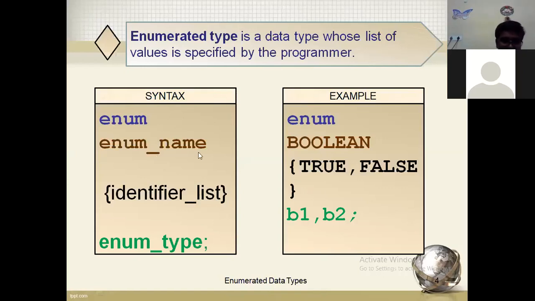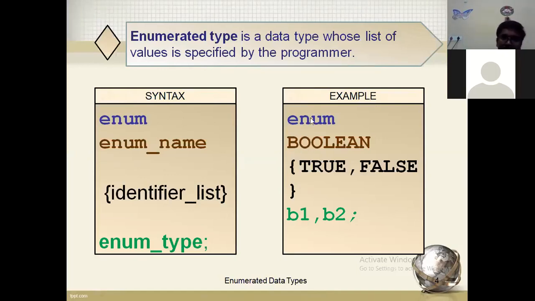The enum name is the data type name. Next, within the braces, you have to give the identifiers list, and finally you have to give the variable of the enumerated type. Next, example. Enum is a keyword.